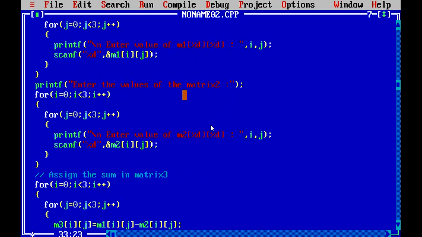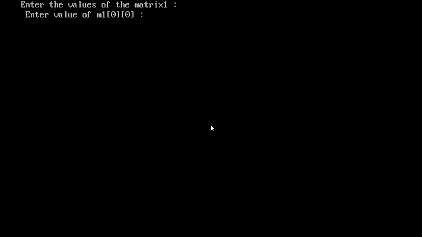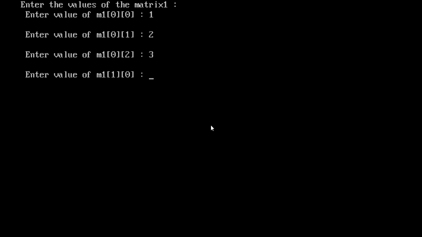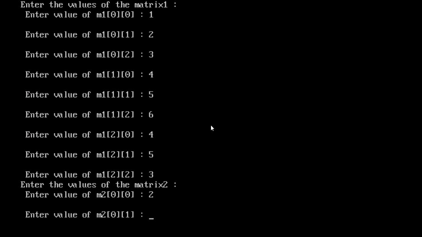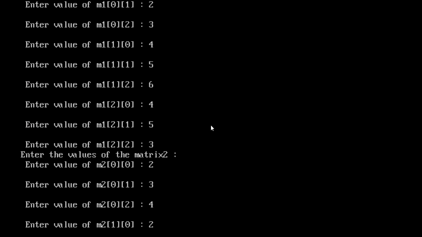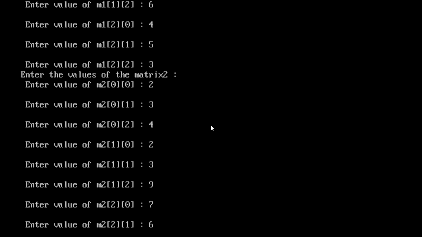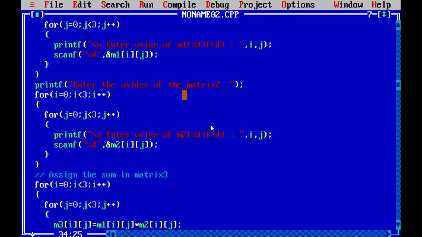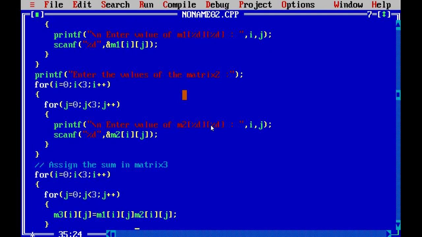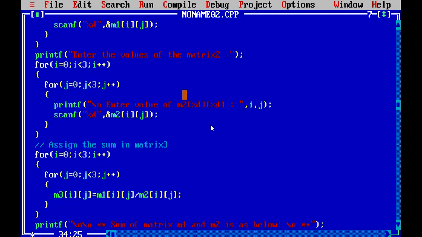In the same way, just go ahead and change the operator. So now you can see it's the multiplication of M1 and M2, and in the same way you can give the division operator.